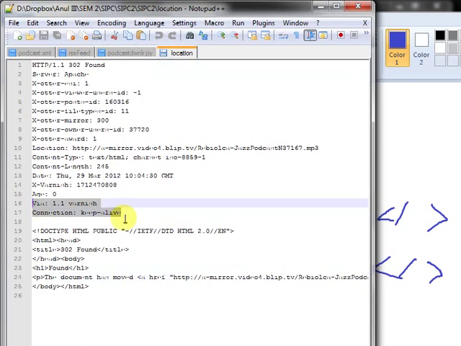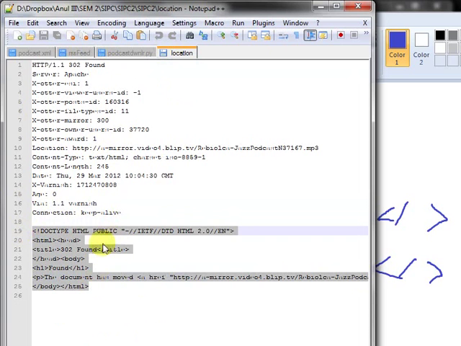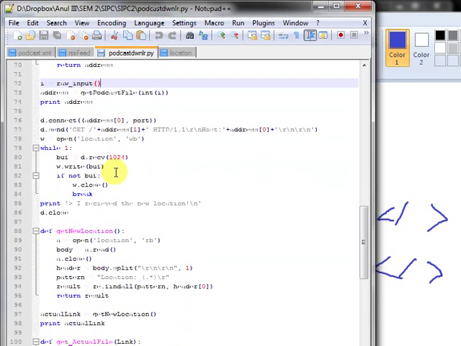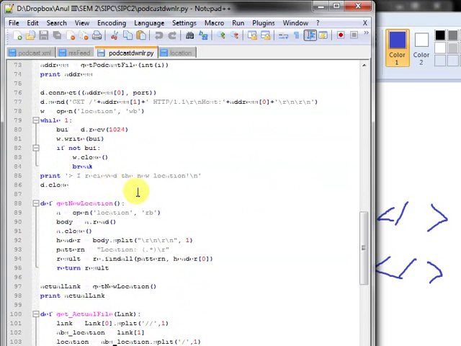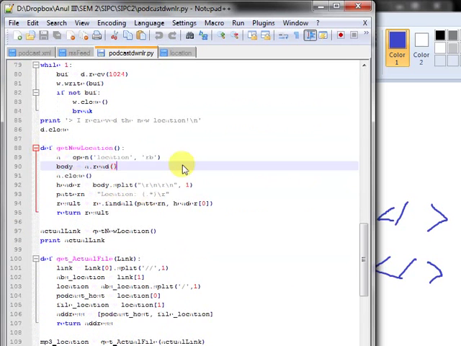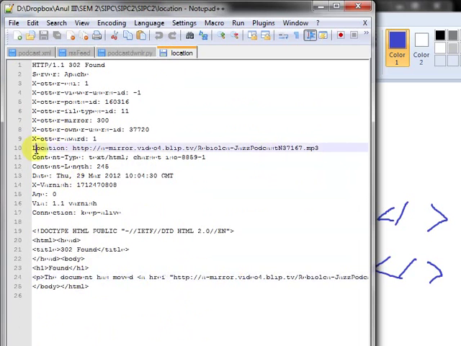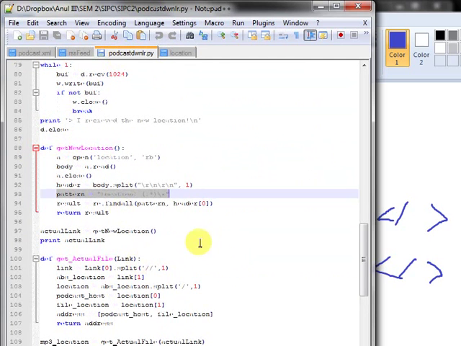The trouble was that I had to reparse all this information from the HTML document I received, and it was funny because for some links it didn't give me this redirection response. For others, it gave me this kind of response 2 or 3 times. So I had to define some new functions, get new location, where I used some regular expressions on this pattern to find out the location. Actually, from the header, it's the location of a new file, and then I try to get the actual file